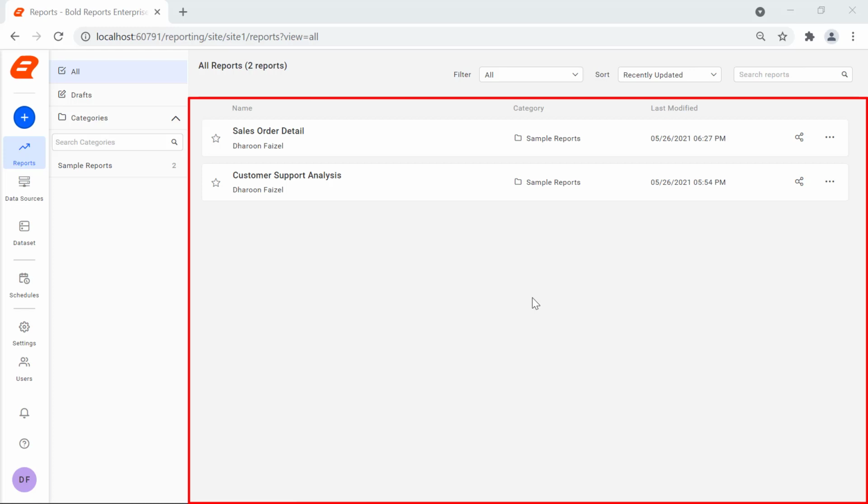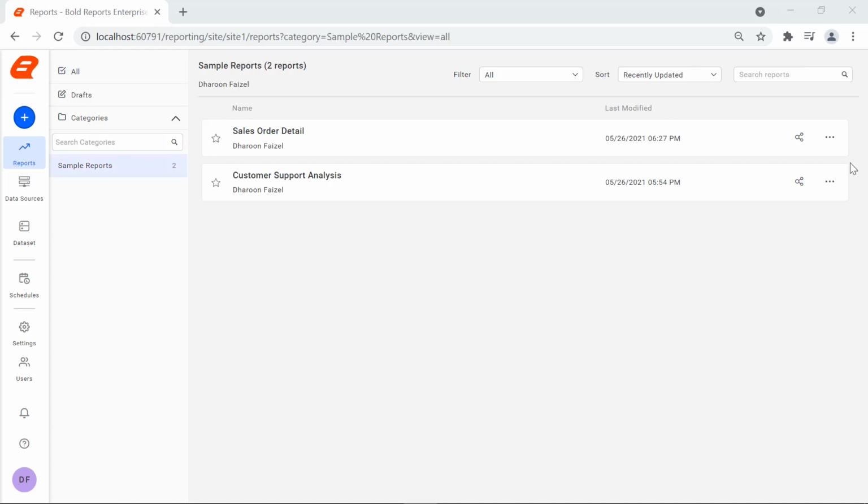The bottom section consists of a list of reports that are created using Start from Scratch, imported from the sample reports, or uploaded from the local system. Reports list shows the name of the report, username who created the report, last modified date and time, share icon to share the reports to other users, and